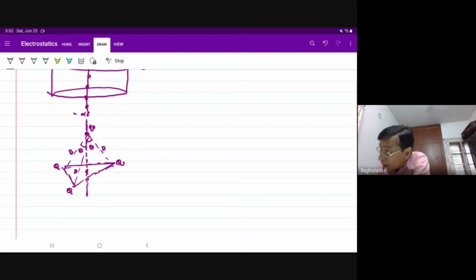And the force F has magnitude capital Q, small q divided by 4 pi epsilon d squared. d is the distance from each charge. If theta is the angle made by that radius vector from the vertical line,